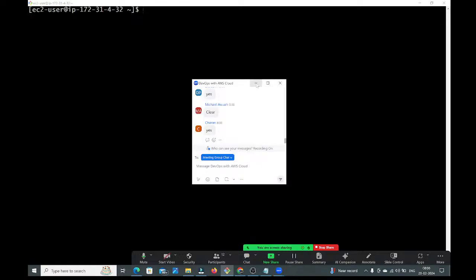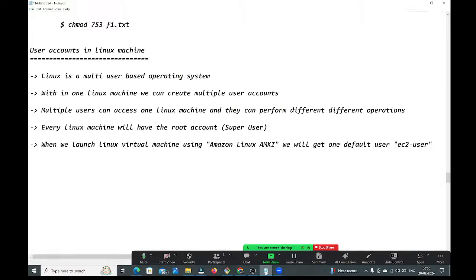Okay. Now let me put all these commands in our notes. Right. So now here, switch to the root user account. I want to switch to the root user account, guys. For that, sudo